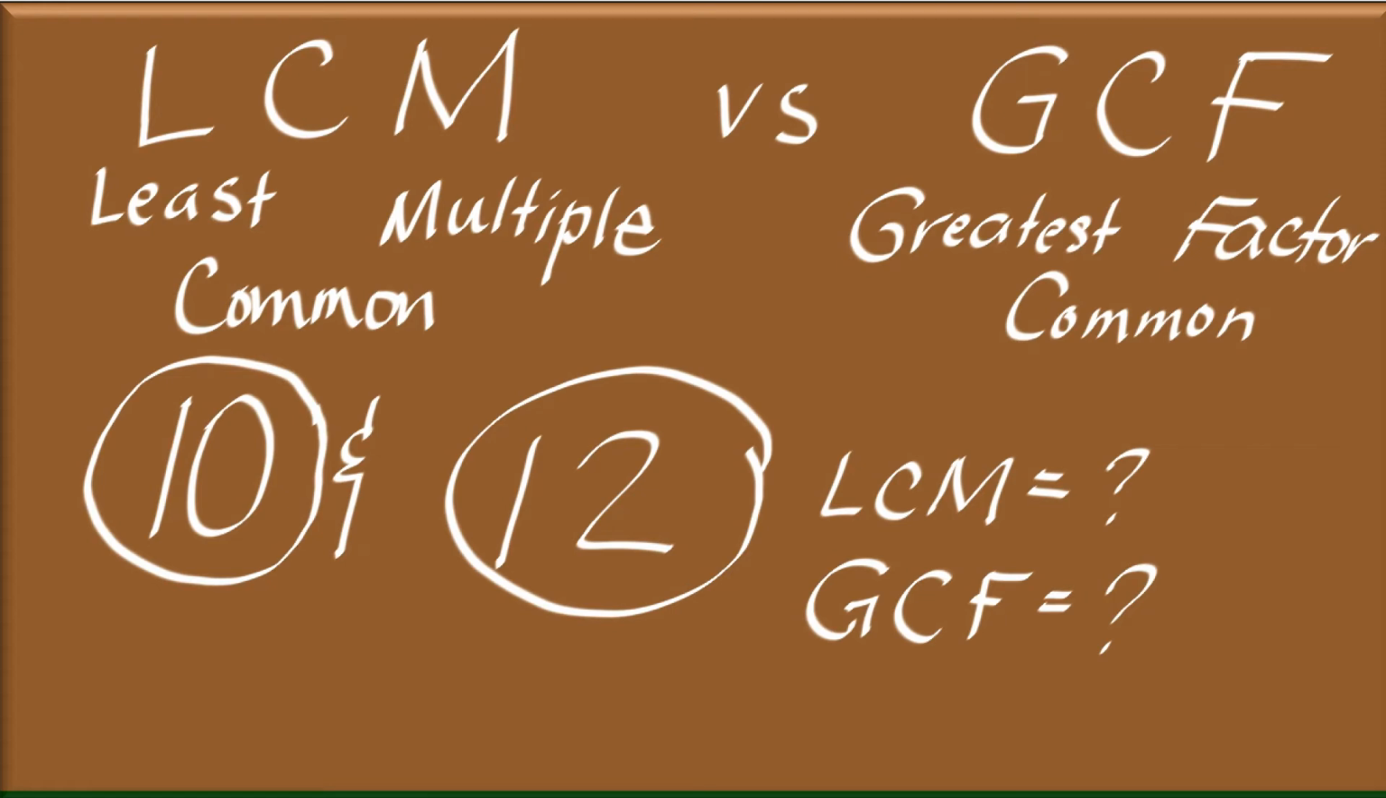Hi everyone. Today we will talk about LCM and GCF. So we know LCM stands for least common multiple. GCF stands for greatest common factor. So if we're given two numbers, 10 and 12, and we're asked to find the LCM and GCF, okay, so